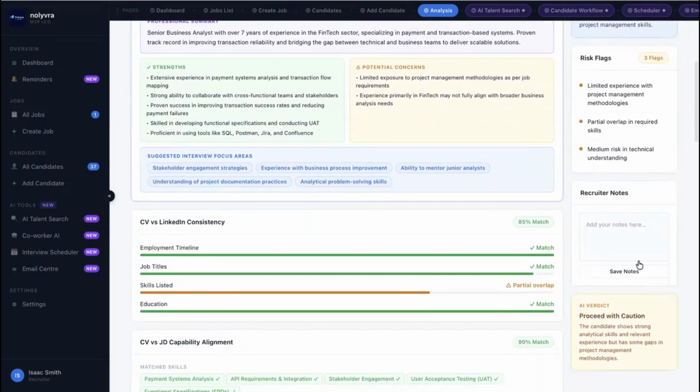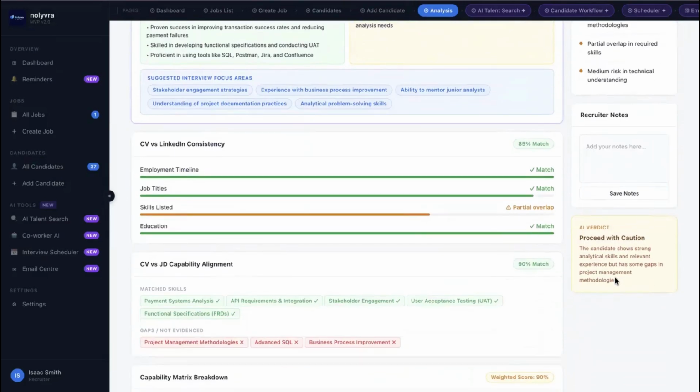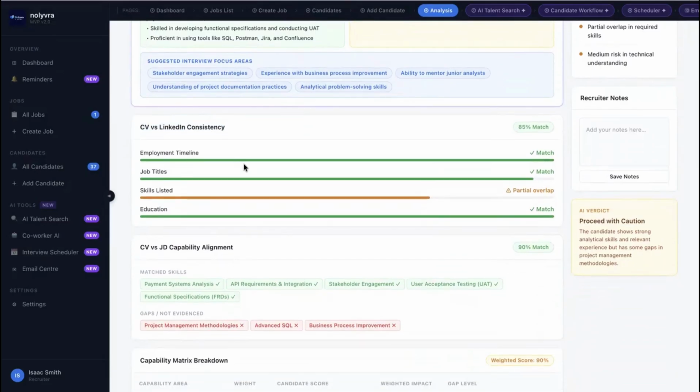There's also the recruiter notes. You can add anything, the AI verdict, etc. And as we scroll down, we get the CV versus LinkedIn consistency. Now, this is another area which takes a significant amount of time when manually processing CVs. So here the system automatically does this by comparing the CV with LinkedIn, checking for any discrepancies between the timelines, job titles, and a candidate's overall skills alignment with the role. So instead of manually cross-checking, you can immediately see where things match and where there may be